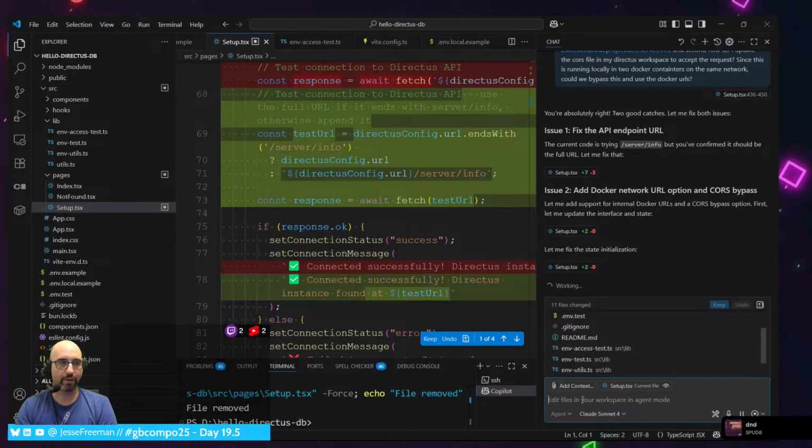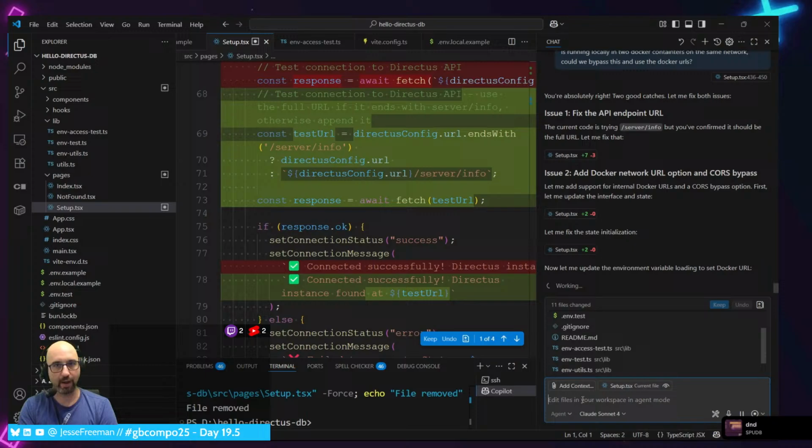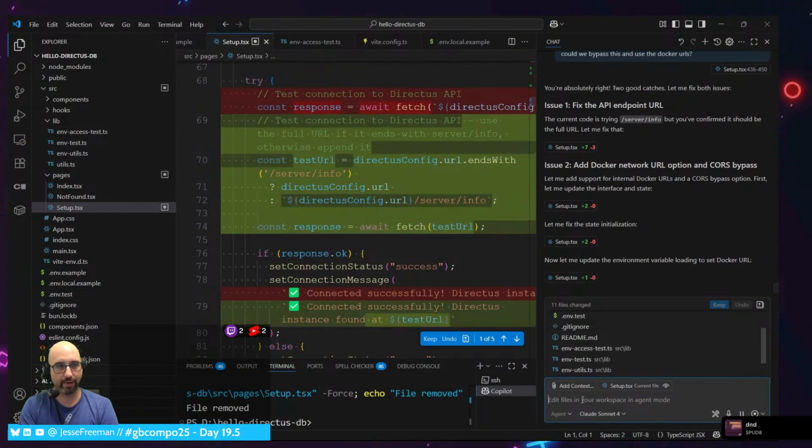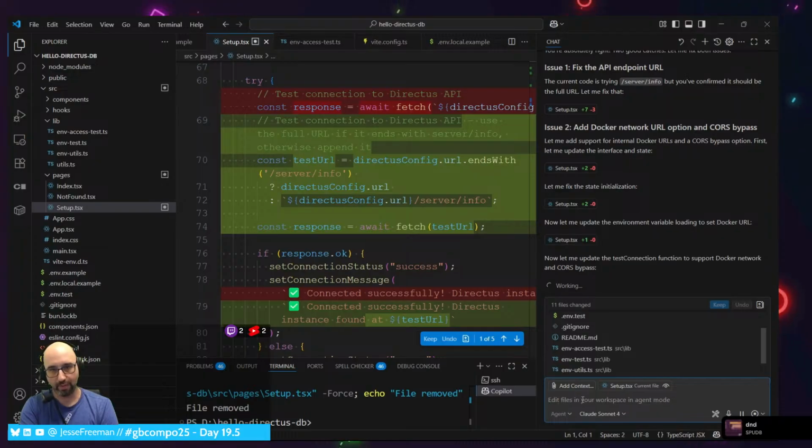What I'm trying to do now is, since the database and the workspace for my project are on the same Docker network, I just want them to talk directly to each other without having to go out through the Cloudflare tunnel and then back into the server. They should just have a more direct connection.